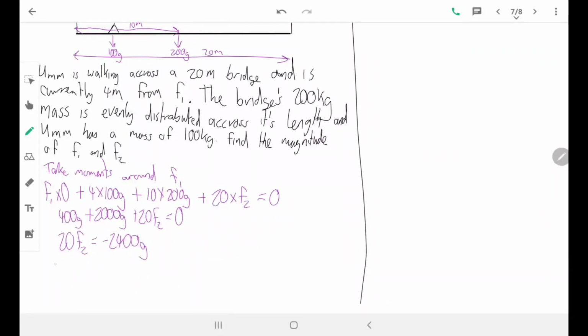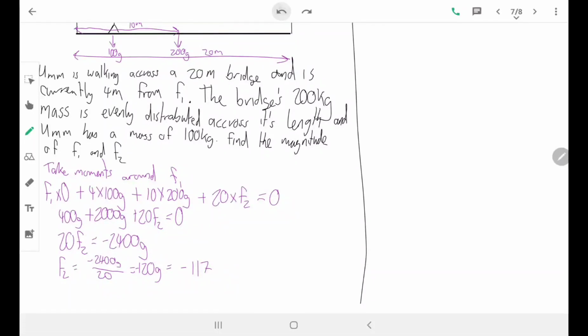So our F2 is minus 2400G over 20, which is a wonderful minus 120G. 120 times 9.81 gives you minus 1177.2